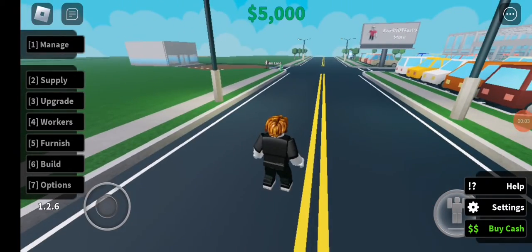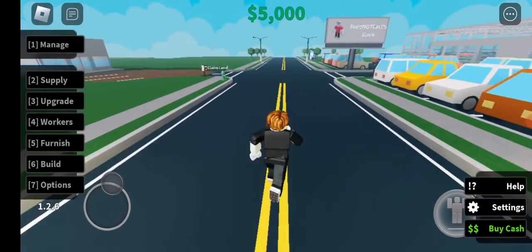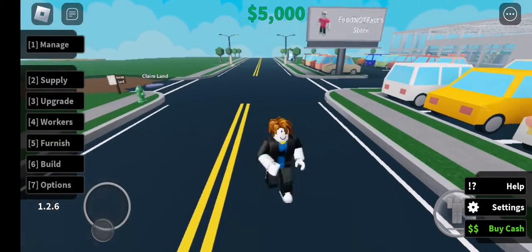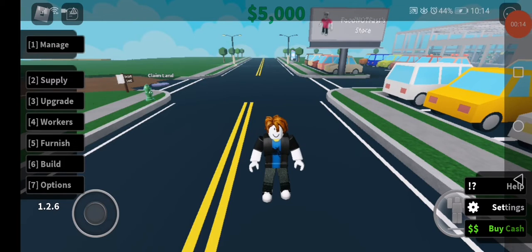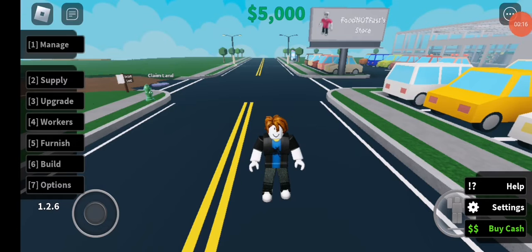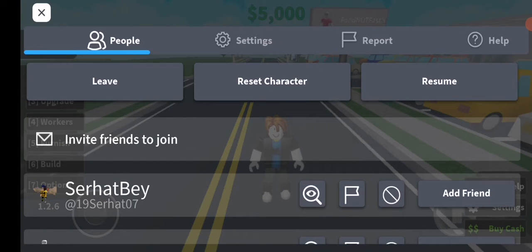How to fix lag on Roblox. Hello guys, so all you have to do to fix the lag on Roblox is very easy. Go to the top corner right here as you can see and click on the Roblox logo like this and click